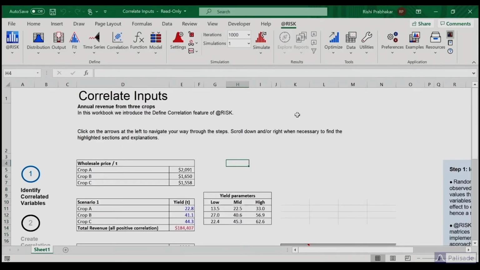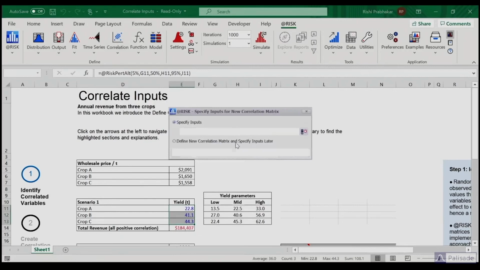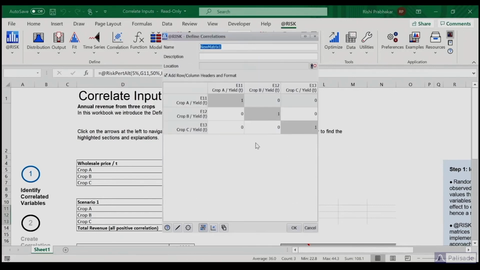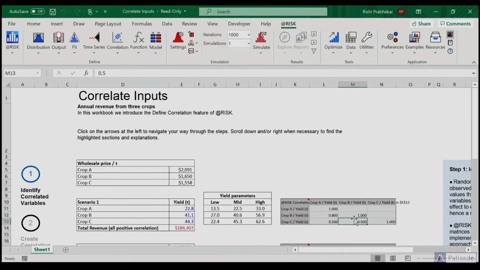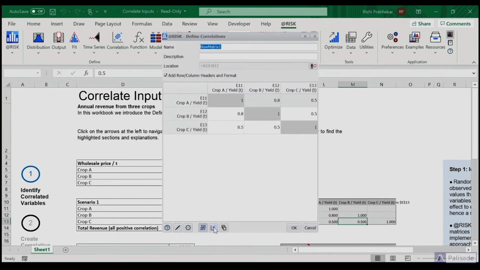Inputs can easily be correlated using at-risk. Simply select the distributions, then create your matrix. Coefficients can be entered here in the Define Correlation window, or directly on the spreadsheet. See the joint distribution as an indicative